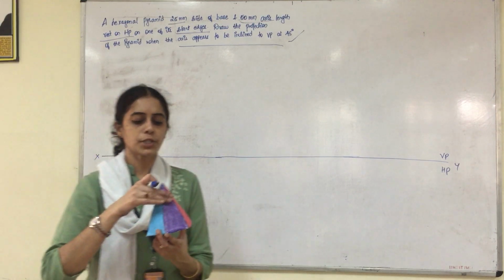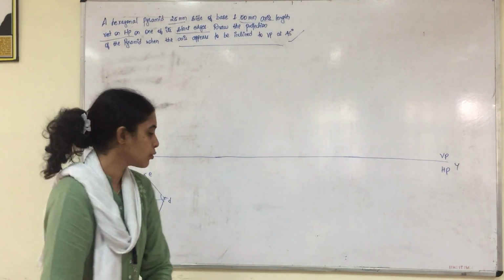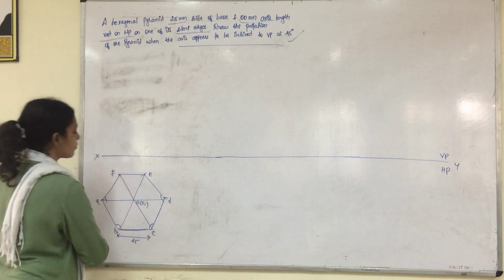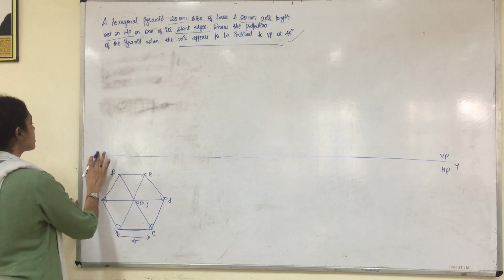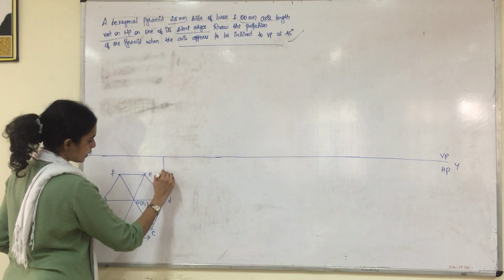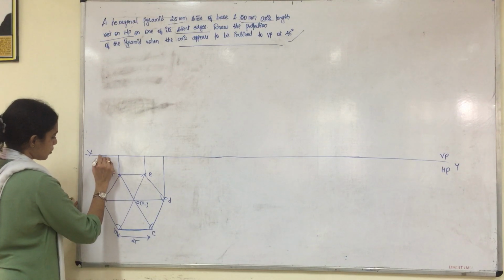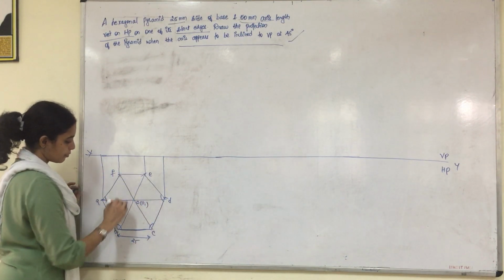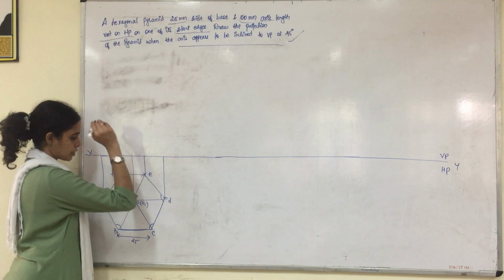And again when you view from the top, center O will be visible, O1 will be hidden. So you will write O outside the bracket and O1 within the bracket. And you please take the projections above. So projection from D, projection from E, projection from F and projection from A. E and C will be along the same line, F and D also will be along the same line. Also don't forget to take the projection from the center.